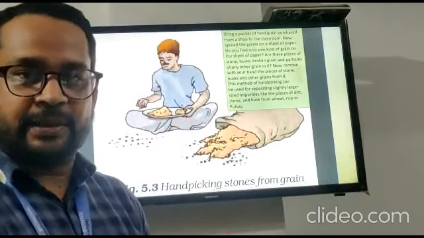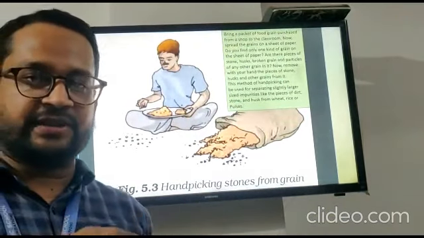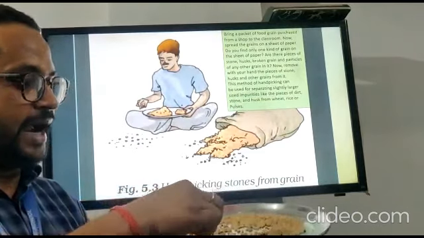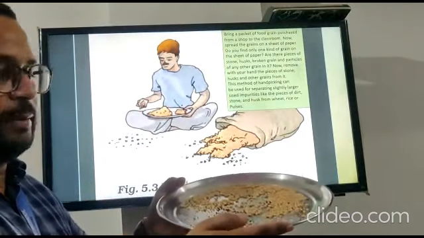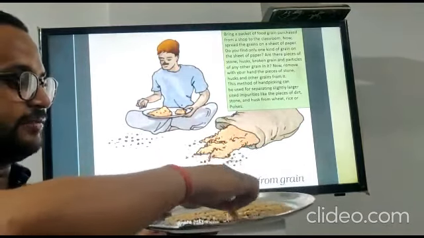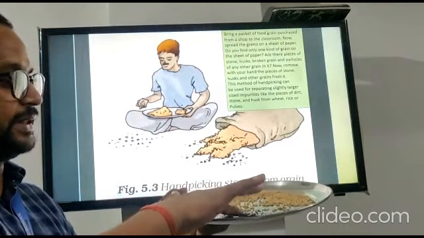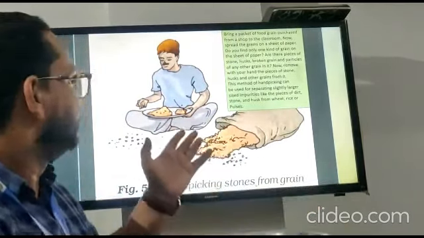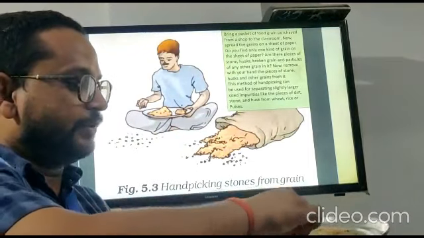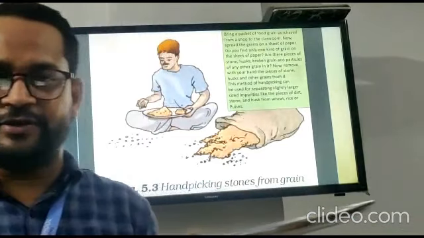When we take a plate of grains and some black stones are mixed with the grains, you can see that, and with the help of hand picking, we separate the black stones from the grain. Same activity done by the farmer. Okay, you can see that when we remove with the hand, that is called hand picking separation. Clear everyone?